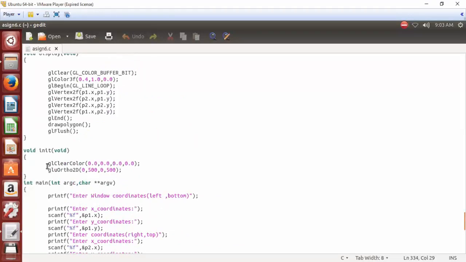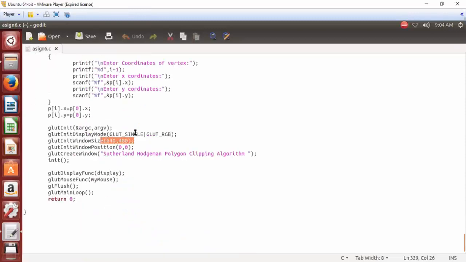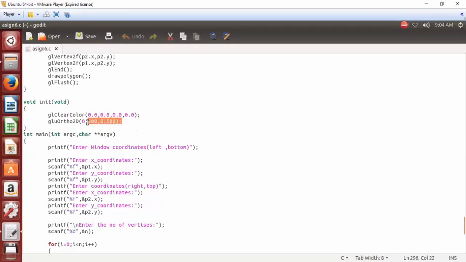We are just going to clear the screen, that is 0.0, 0.0, the RGB value with 0, 0, 0, black color, alpha is 0, so 0 transparency, so black color is going to be set as the background. gluOrtho2D, that is the graph which we are going to plot on the window of 640 by 480 is of 500 by 500, meaning the maximum value you can provide for your window and your polygon is between 0 to 500. If you go across 500, you will not be able to see your output. So the maximum values will be 500, that is x 500, y 500.